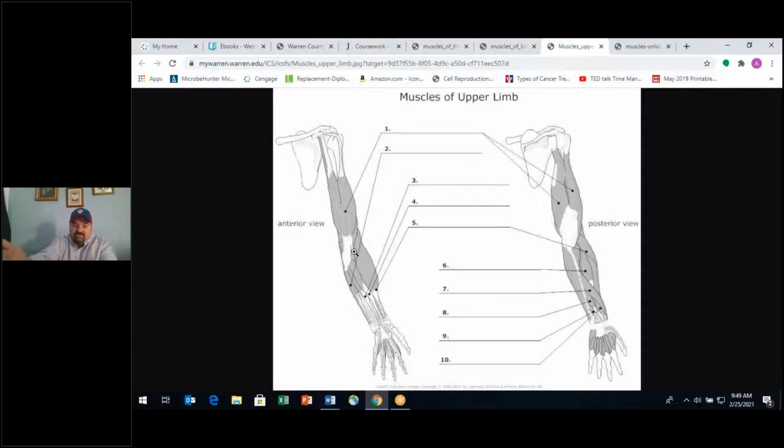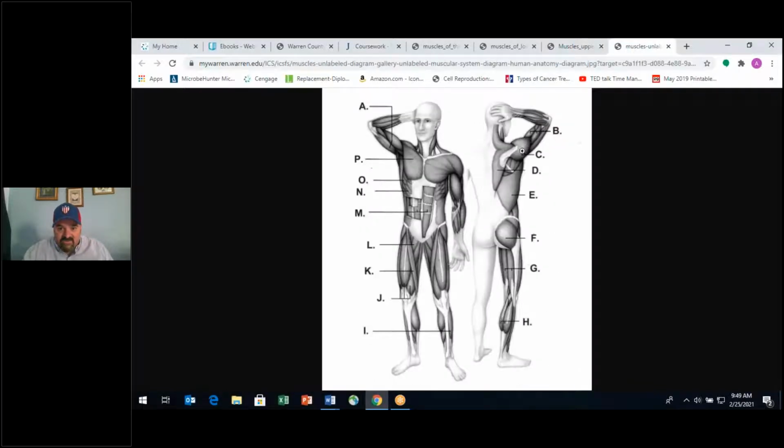I'm not going to give you more terms that you're not going to have to memorize, but if you'll palpate right there and put your hand right there and touch as you're supinating and pronating, you can feel a musculature that's moving, and part of that would be that pronator teres right here that would allow you to do that. So again, here would be the deltoid muscle. You're not seeing the deltoid here, but you're seeing it here on the posterior aspect. Deltoid, this is this portion of your upper arm, okay? The biceps brachii, the triceps brachii,